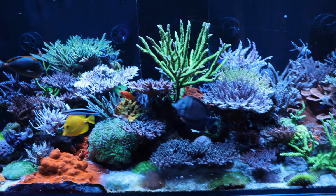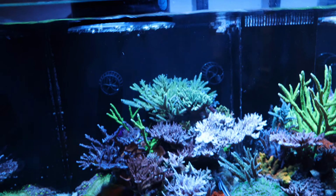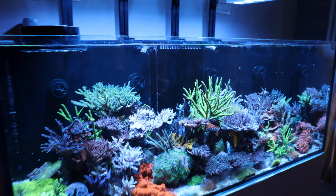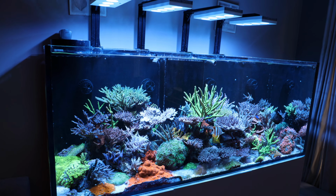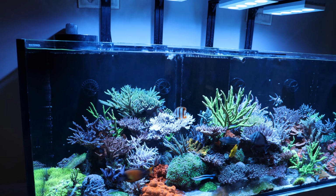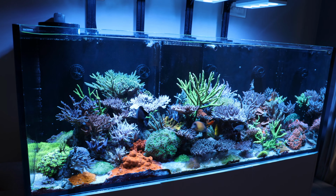So I'm going to use this nice top-down portal, and let's take a look. The tank is doing really nice right now. I've cleaned it up a little bit, so the back wall is now nice and dark. It's got the cleaned MP40s on the back. A few of you have asked in the comments below about my schedule, so I'll do a video on that shortly. So let's take a look from the top